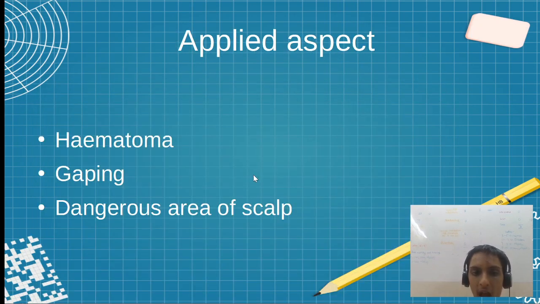That is why we have to avoid the T-zone. Even for COVID-19, the important precaution, the recent update, is that you should not touch this T-zone. This one, and this one. Please don't touch this T-zone, because COVID-19 is mainly a respiratory disease. So through this it will easily spread. It will damage your lungs badly. So please, very important precaution, not only now, for COVID-19 also. Anyway, coming back, dangerous area of scalp is nothing but loose areolar tissue.